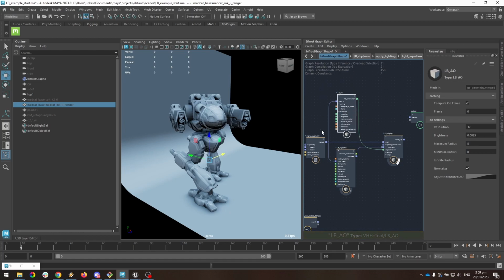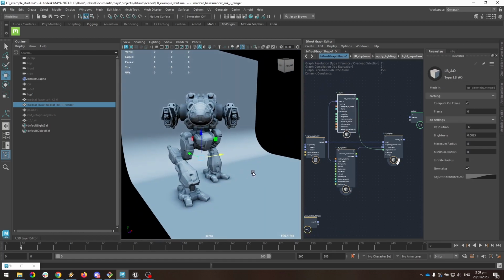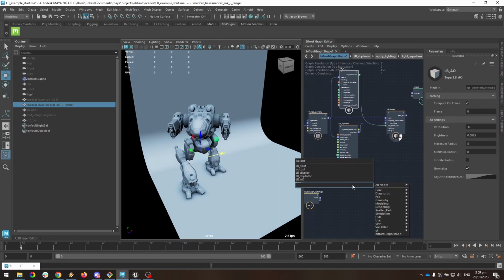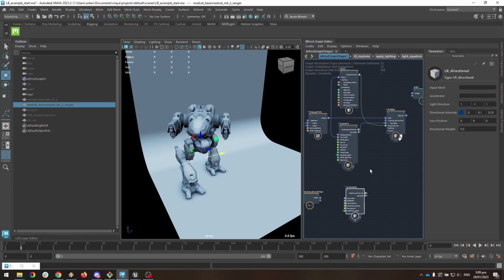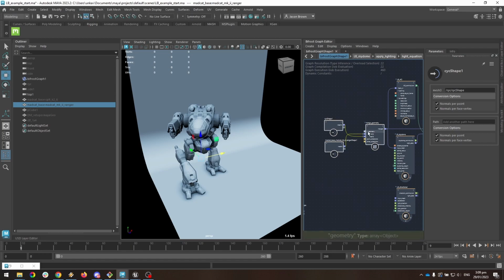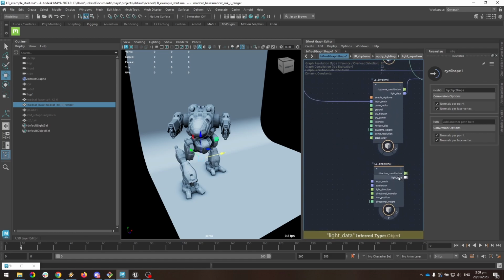Cool. So we've got our dome on, we've got our ambient occlusion on. And maybe I want to do a bit of a sunlight. So let's do a directional light. LightBox Directional. This is where we start getting into a little bit more of the slightly more complex stuff going on. The reason for that is that to keep this as fast as I possibly can,